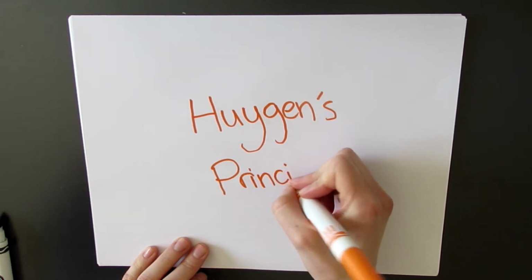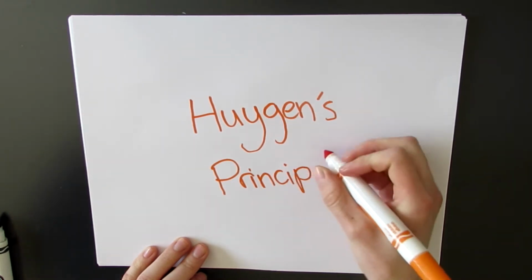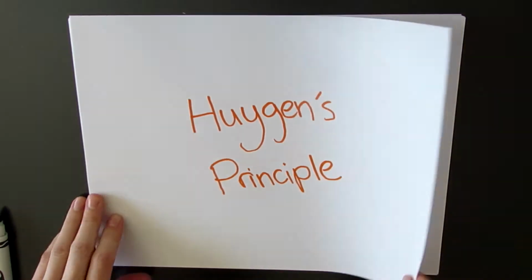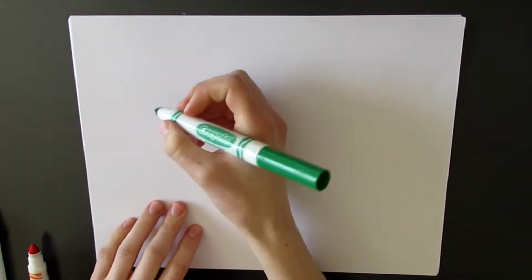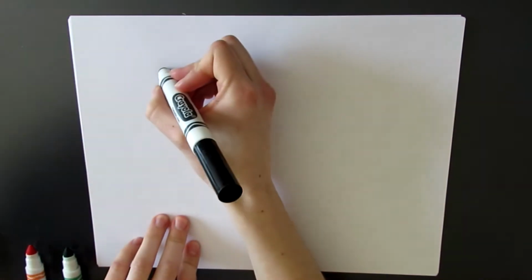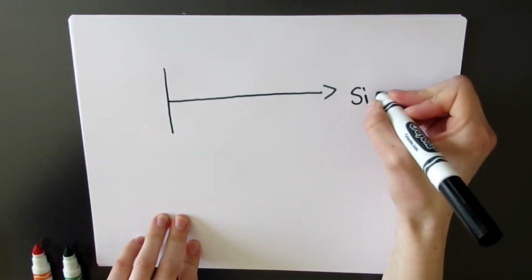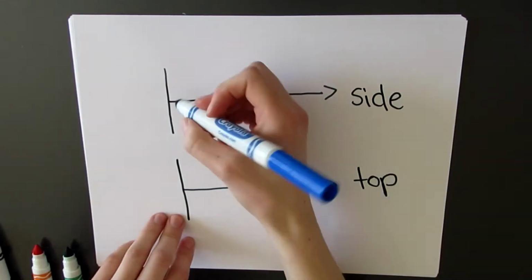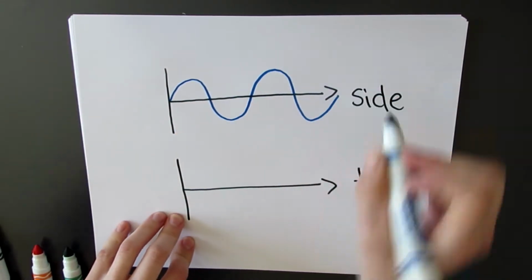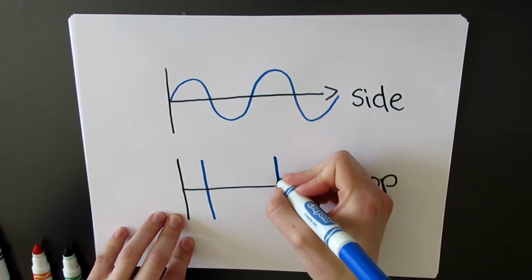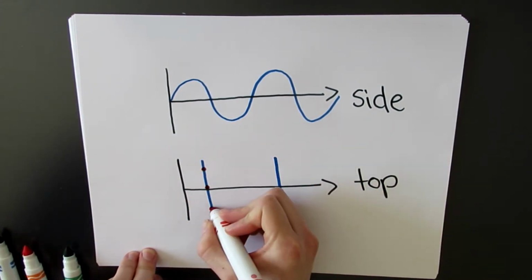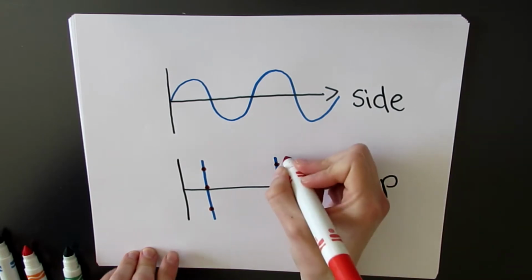First, I will show you what Huygens Principle means by drawing a side and a top view of the wave. So first, the side view of the wave has the peaks and the troughs. Next, the top view has just the peaks shown as the wave moves towards the right. On top of these peaks, there's wavelets, as Huygens Principle states, and these wavelets are spreading outwards, as I will